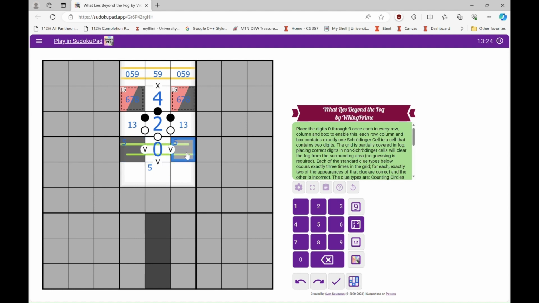Theoretically, if either of these ones are a 5, then that guarantees that German whisper is going to be false, because the Schrodinger is already being used. If this guy's a 5, though, then one of these adds up to 5, and that one is still false. Yeah, no, that one's still false because the Schrodinger is guaranteed to be used, so one of these isn't going